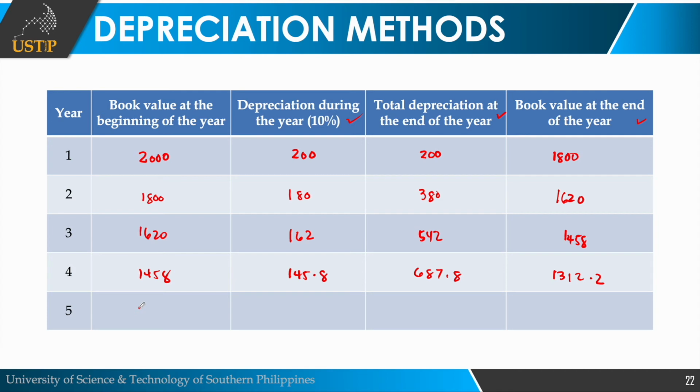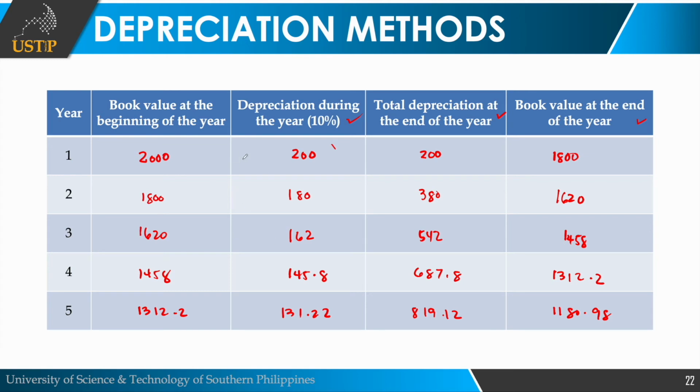Next, book value at the beginning is just the same sa end of the year. So, copy lang. And then, 10% of that is 131.22. Total is 819.02. And then 1,180.98. Okay, so if you can see class, ang depreciation niya, although it's fixed value, 10% of the book value at the beginning of the year,